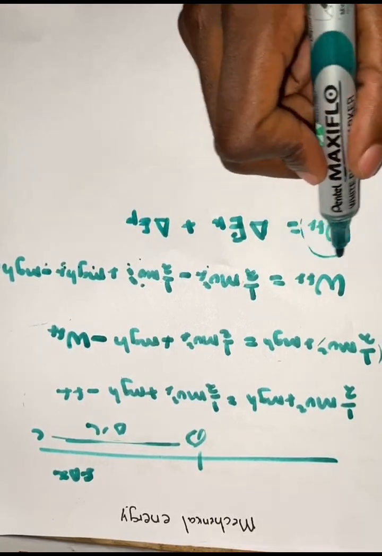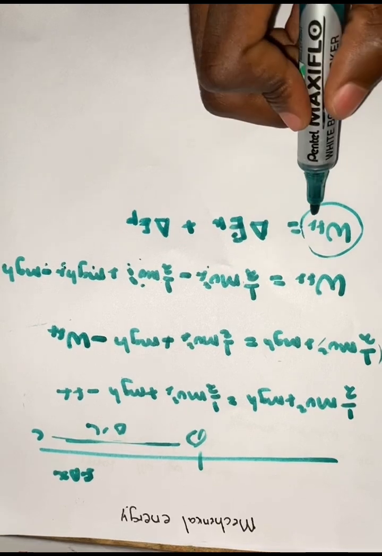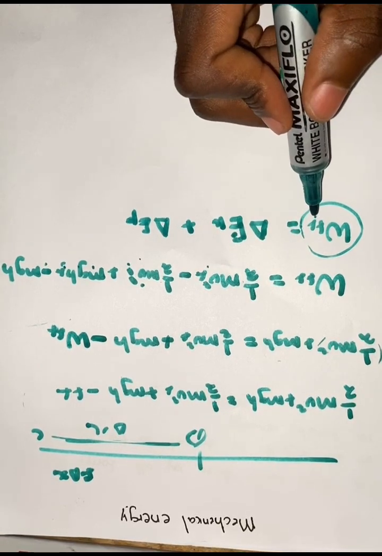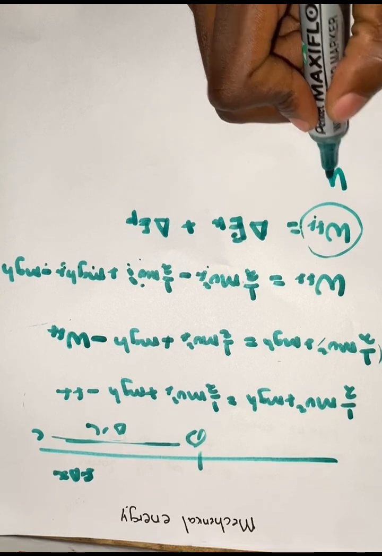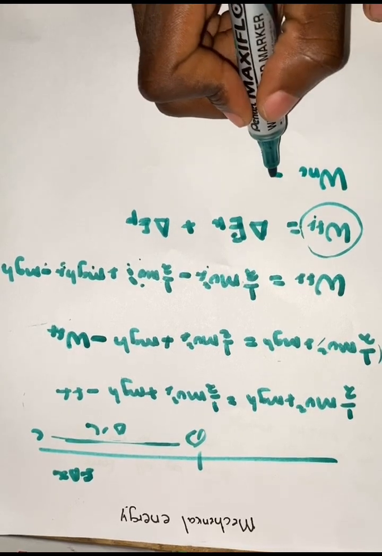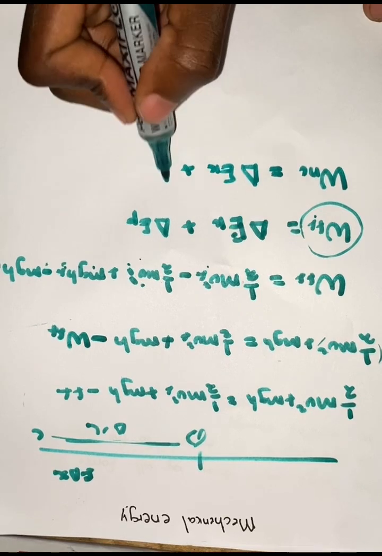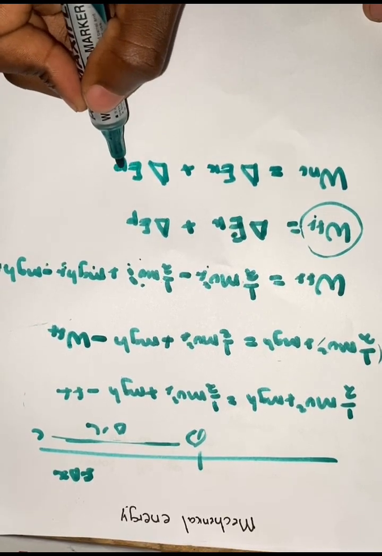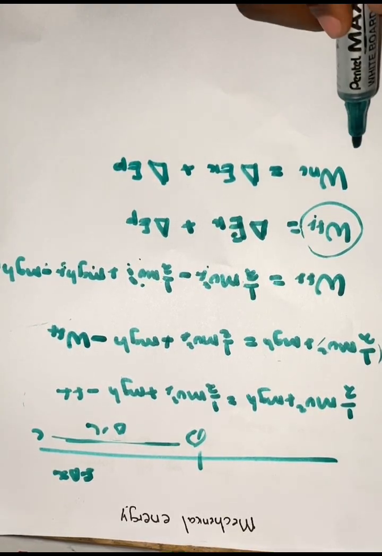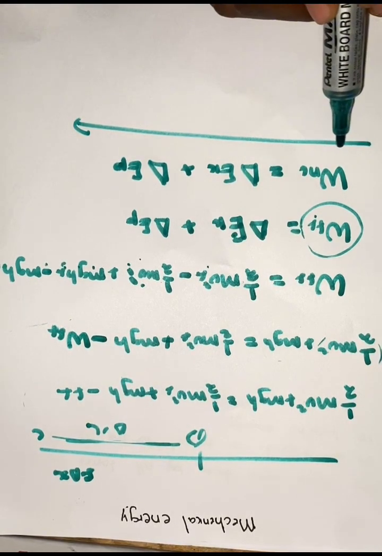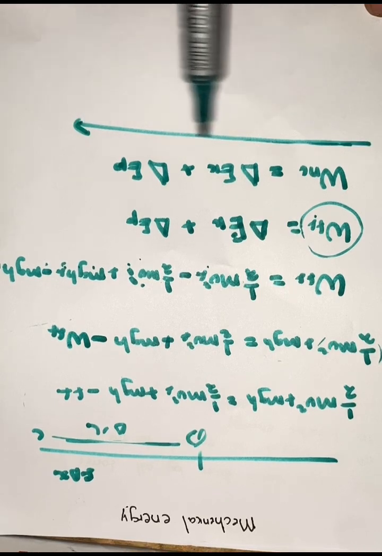Therefore, you remember very well that friction force is a non-conservative force. I explained that before. So that means work done by non-conservative force must be equal to the change in kinetic energy plus the change in potential energy. What I'm trying to show you is that you only use this formula